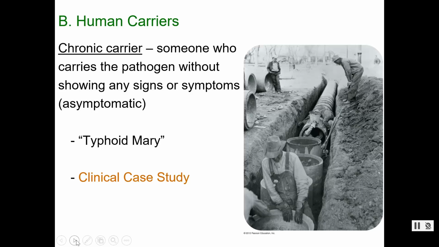So she changed her name, got a job, and sure enough, that family got typhoid fever. So this time they arrested her. They sent her to an insane asylum. She lived the rest of her days on an island prison, insane asylum off New York Harbor, and actually did a lot of good work there, helping care for other people that were currently there. But she became known as Typhoid Mary.